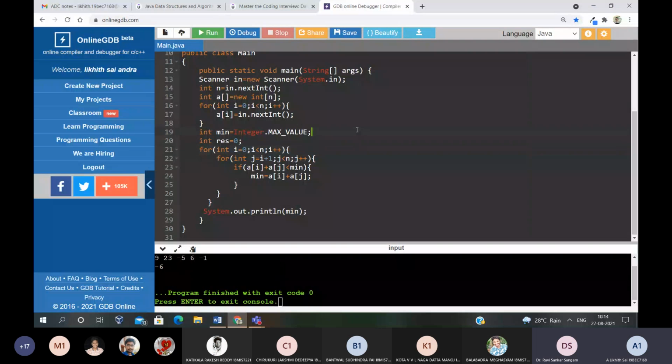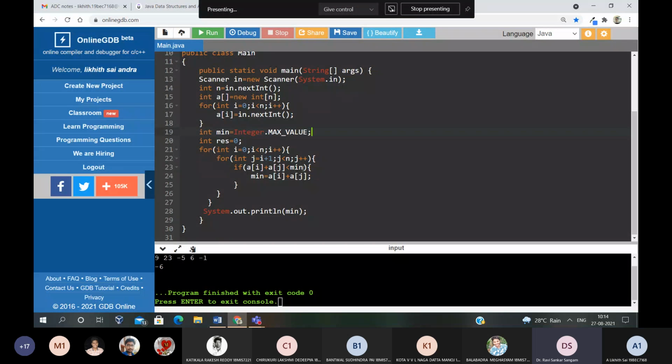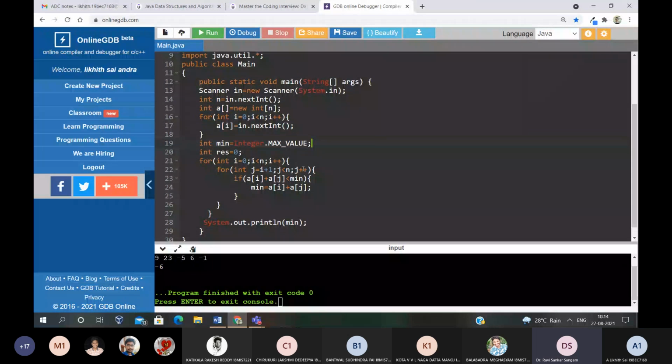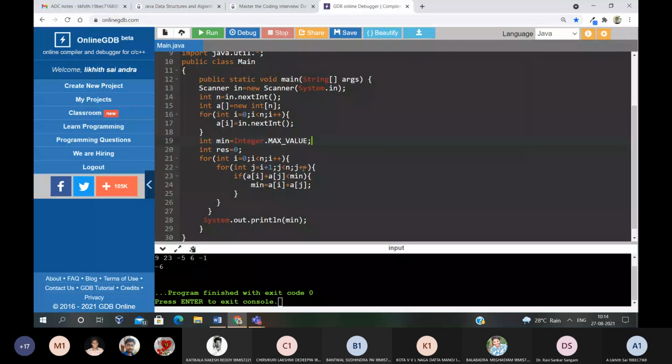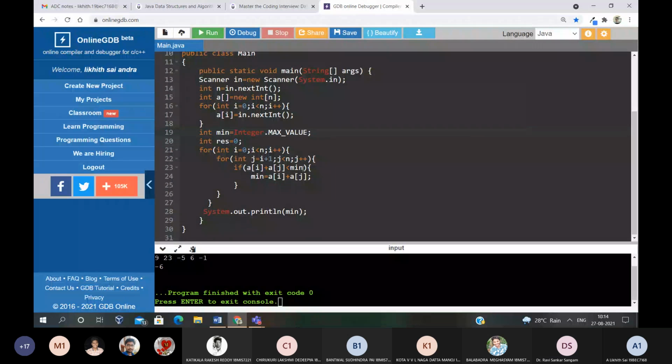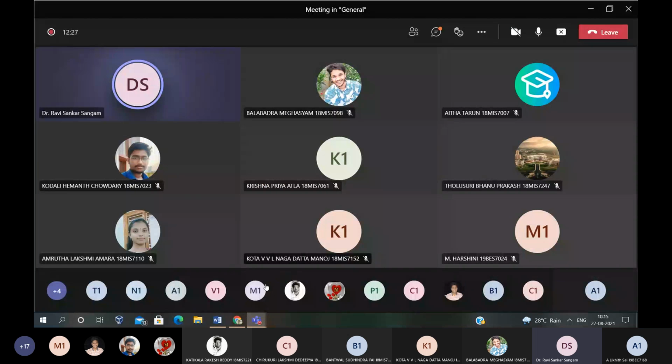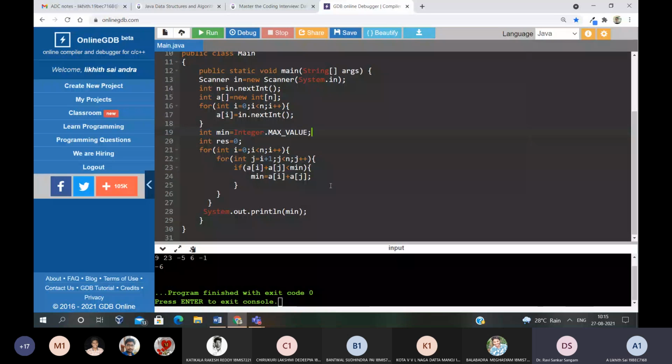So what have you done? If a of i plus a of j is less than minimum, minimum equals that. Okay, a simple brute force approach. But the time complexity is order of n square.